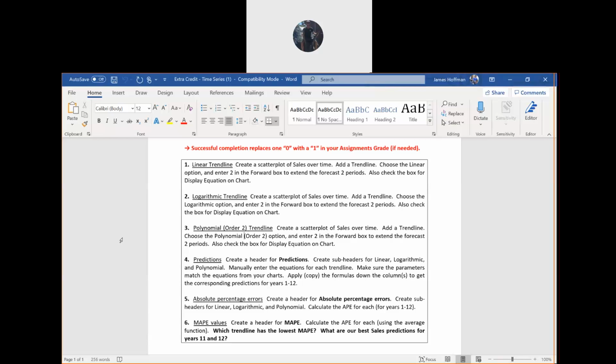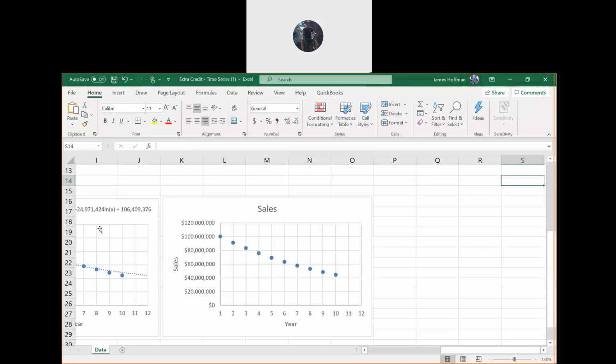All right, so let's go to the third scatter plot and do a trend line for the polynomial option. Okay, the third copy of the chart, call this polynomial.